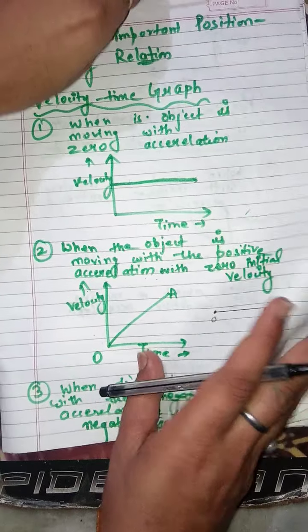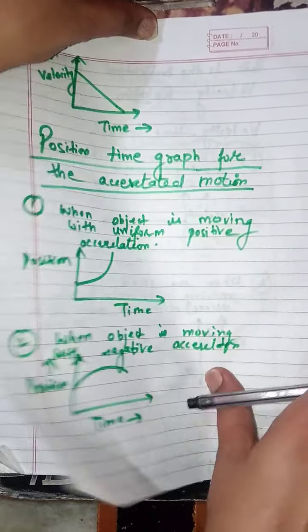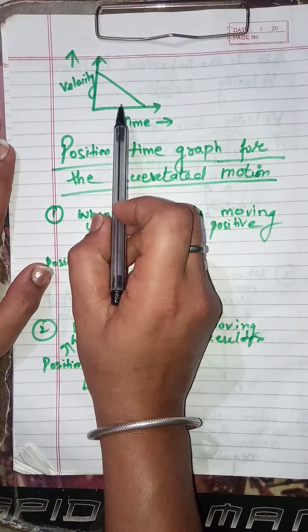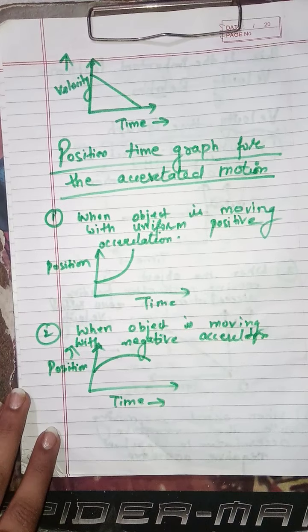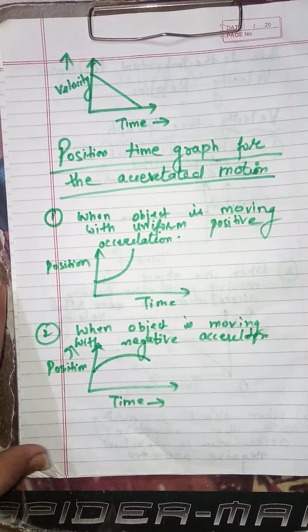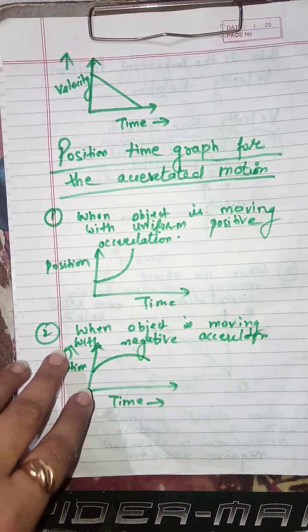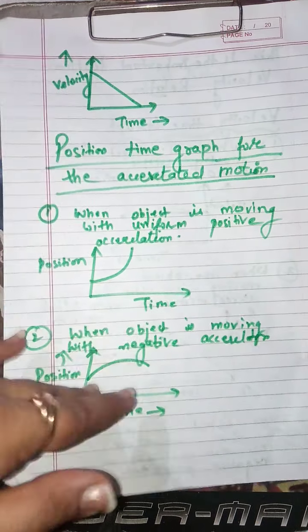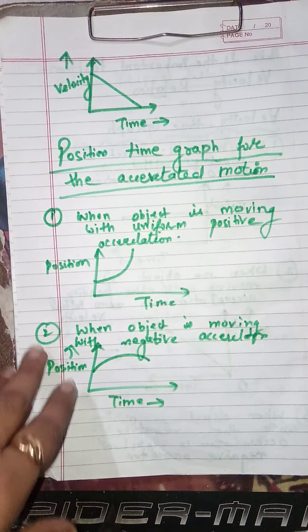So in this particular thing, the graph simply goes to this. The graph in the case of constant negative acceleration changes to this. This is the velocity time graph for the constant negative acceleration. Again, zero acceleration means that the body is moving with the same velocity, or there is no change in velocity with time. Positive acceleration means the velocity increases with time, and negative acceleration means the velocity decreases with time.